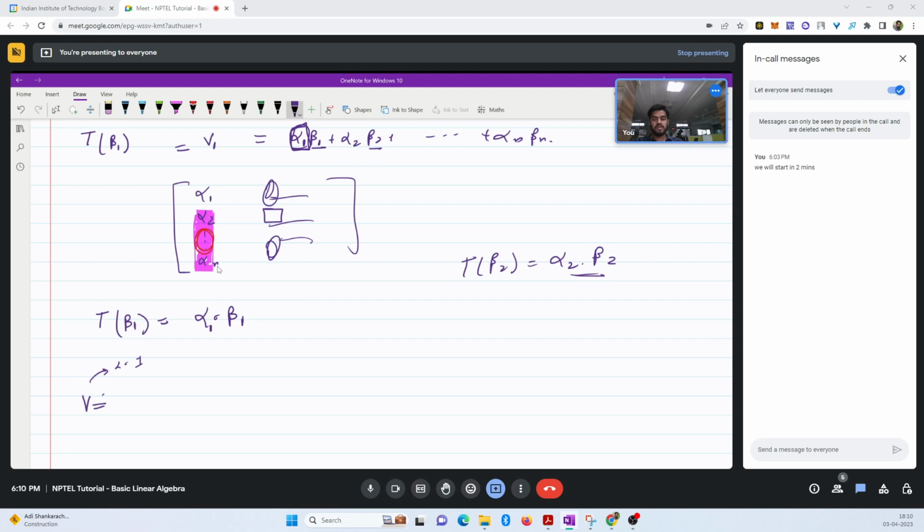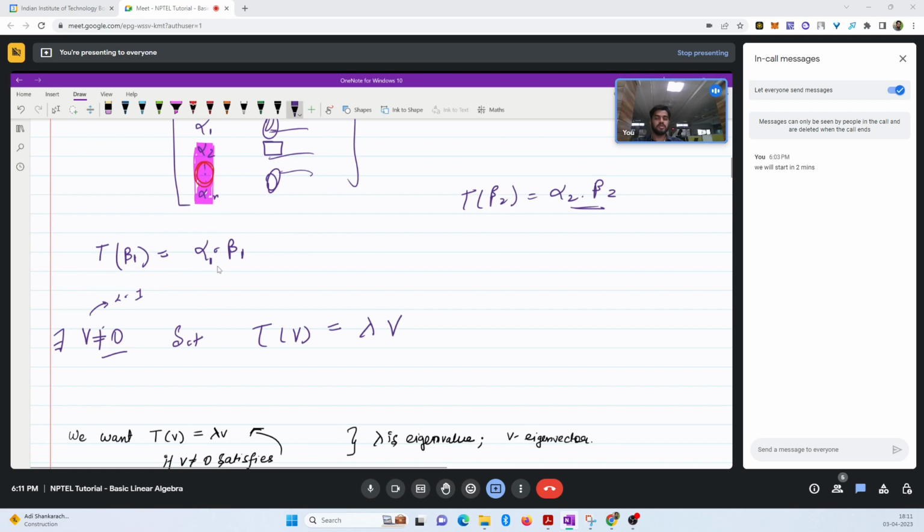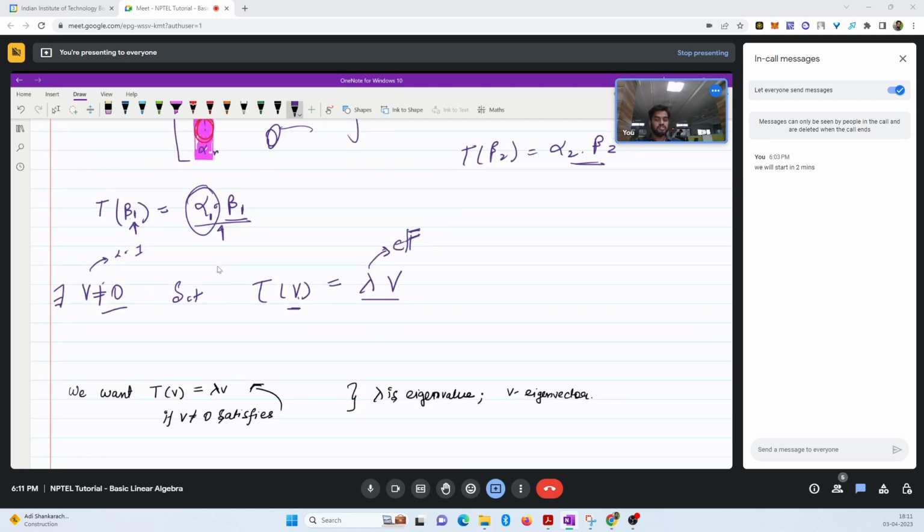So if there exists v non-zero such that T of v is some lambda times v, it is similar to this thing that whatever we gave it as an input, it is just giving the same thing as output with some scaling. So this lambda over here is a scalar that belongs to your field. So what we want is that T of v is some lambda times v. Then in this kind of situation, your v is called an eigenvector, and this lambda thing is called your eigenvalue